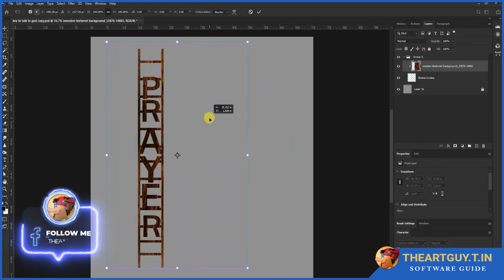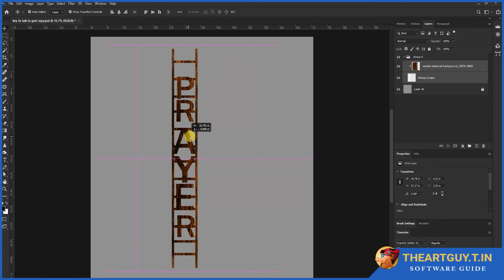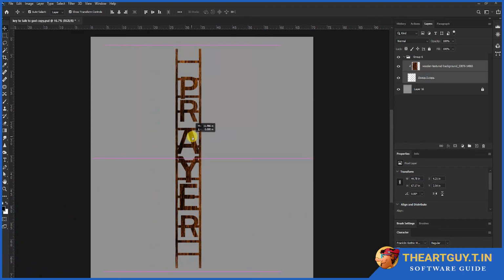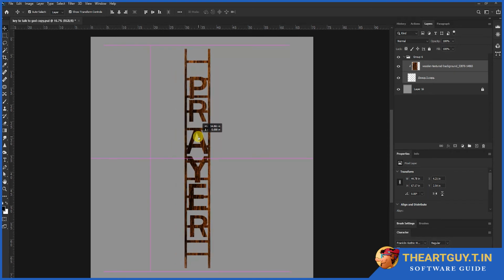So now it would look like a realistic ladder, but there are still a lot of things to do. There is lighting to be done, because it doesn't have any depth or any kind of feel. So I took the burn tool and started to do a little bit of burning in the wood.